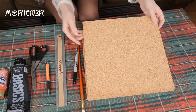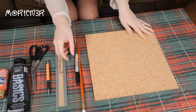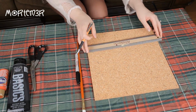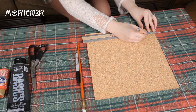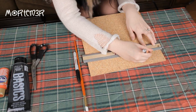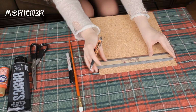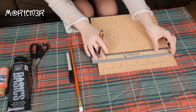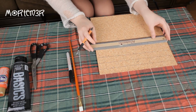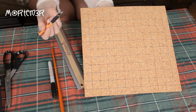Alright, so your first step is to take one of the pieces of corkboard and make sure you have it on a very flat surface so you get straight, even lines. And you're going to take your ruler and you're going to measure out 1-inch squares onto the corkboard. Alright, so now that you have all of your squares done in 1-inch increments all over your entire piece of corkboard,